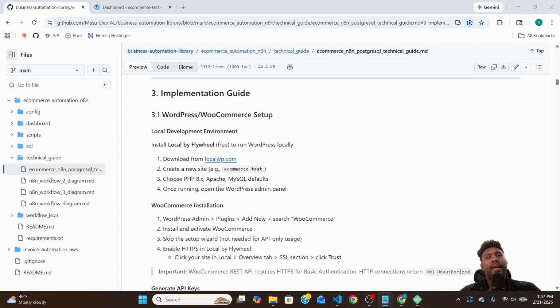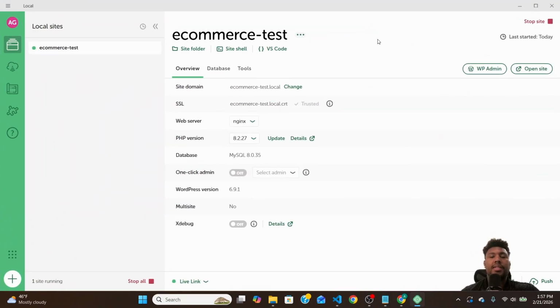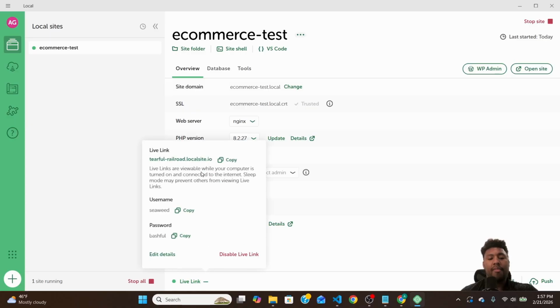All right, so before we dive into the nuts and bolts of this, let's talk about how I have this running. I'm using a WooCommerce store. It's not a real store. I'm just using Local by Flywheel. This is a free tool that you can use to run WordPress locally on your machine. So I'll show you what that interface looks like. Basically, I have this test site set up and I'm able to start and stop it at any time. I also have a live link that I can use